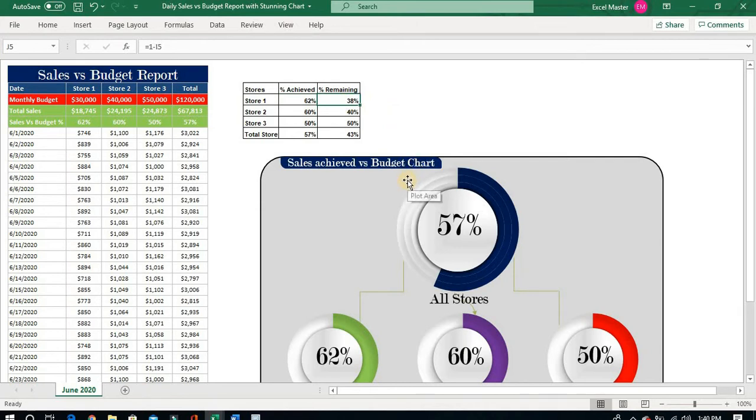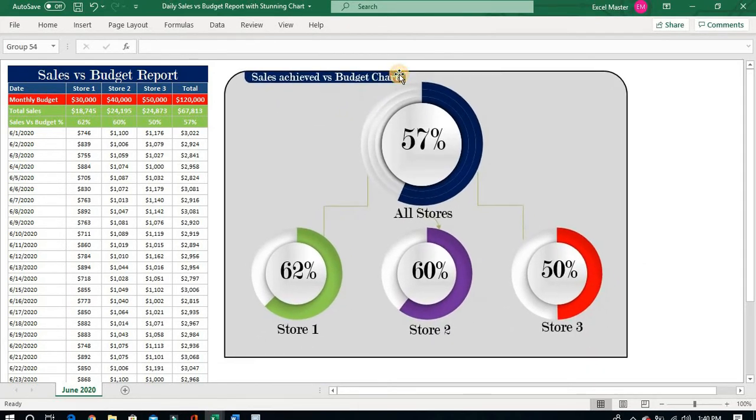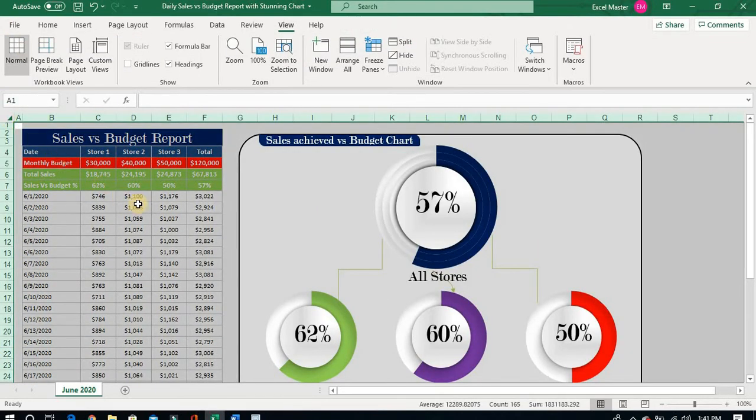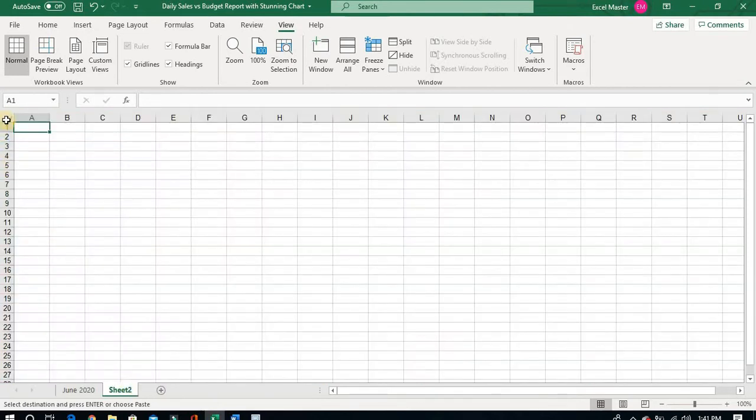Now we will jump into the tutorial, how we will prepare this standing chart to showcase this budget versus sales report. Now we will copy this data and paste it to the new sheet.